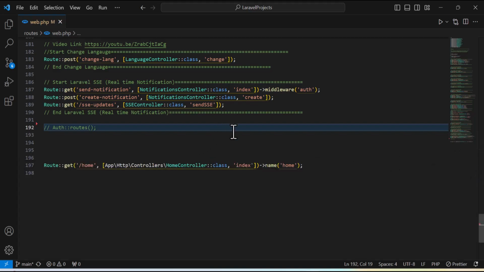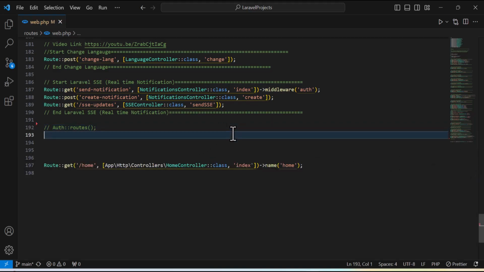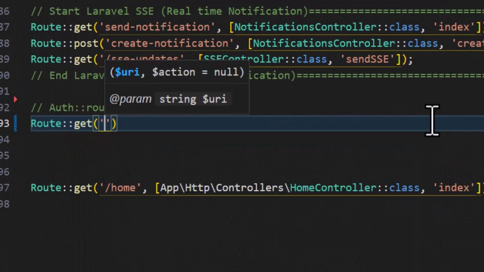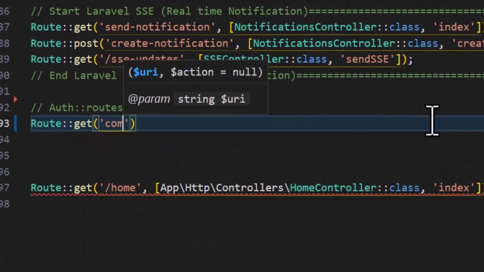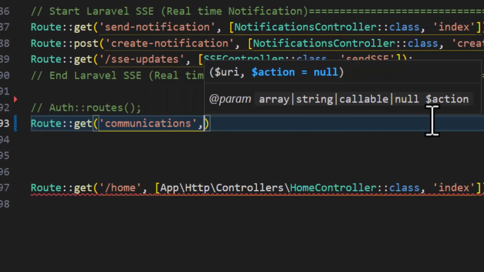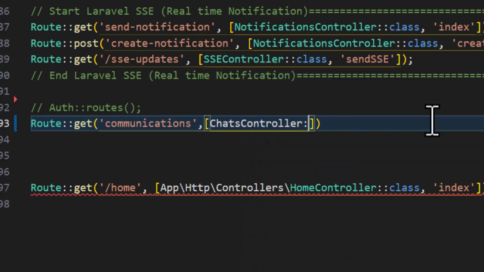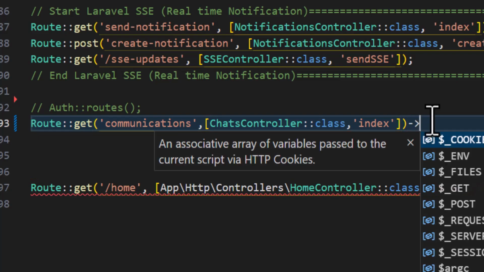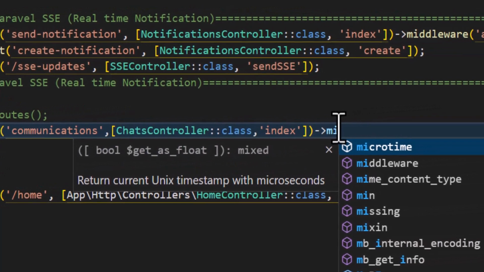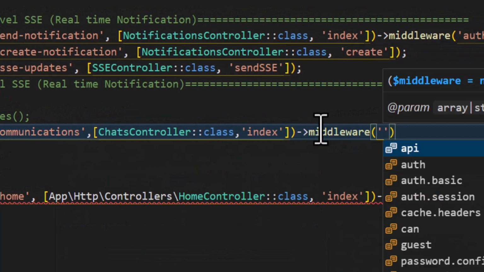Now I will create my first route. So for that, I will type Route::get and give it a name of communications. Then I want to go to ChatsController::class, and then inside there I will create a new method with the name of index. And also I want to protect this route with the auth middleware. So middleware auth,